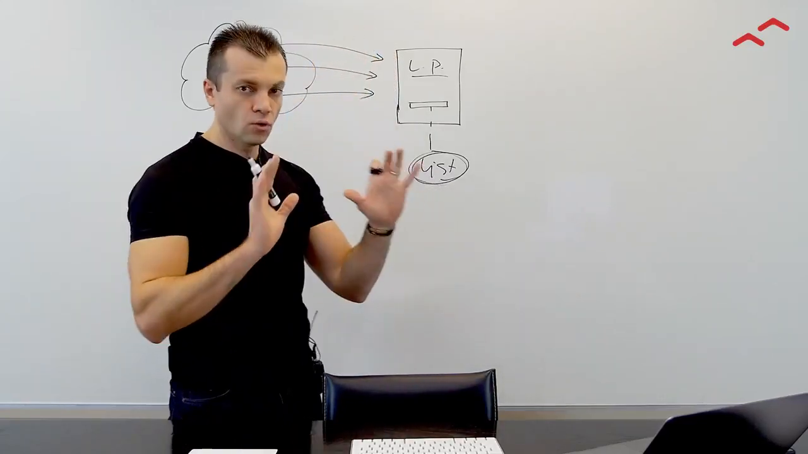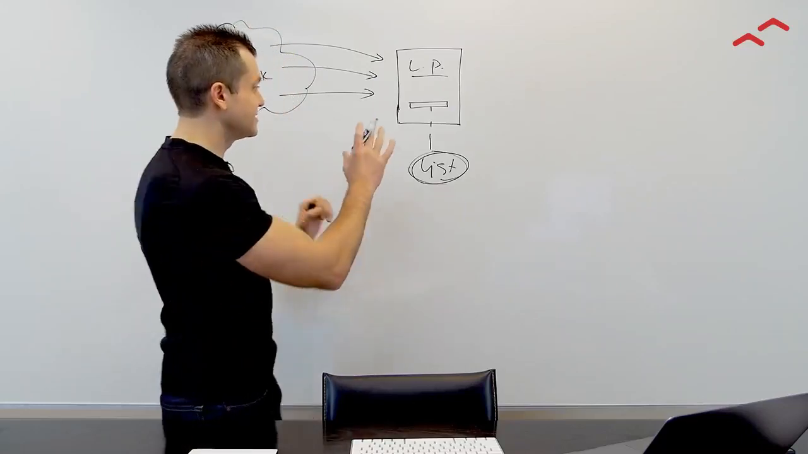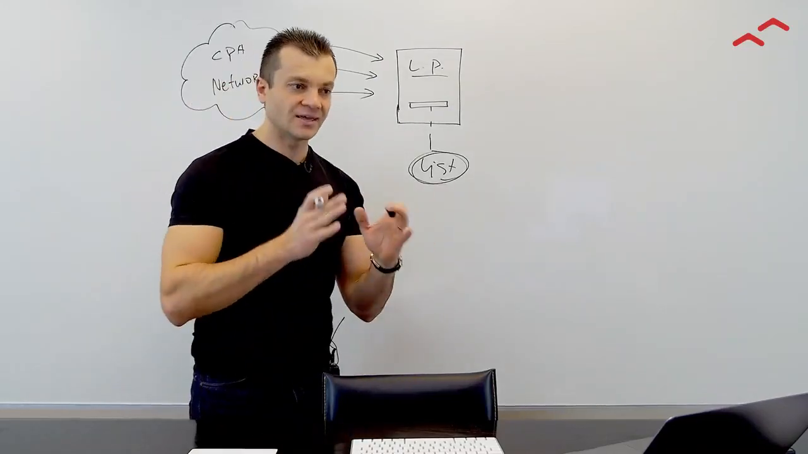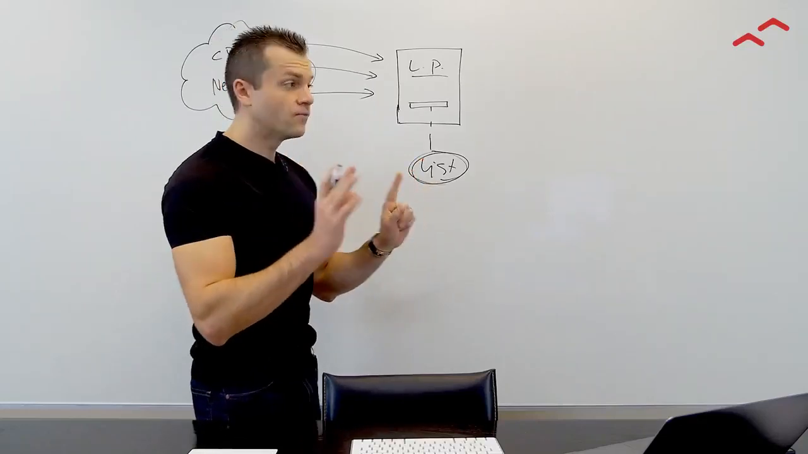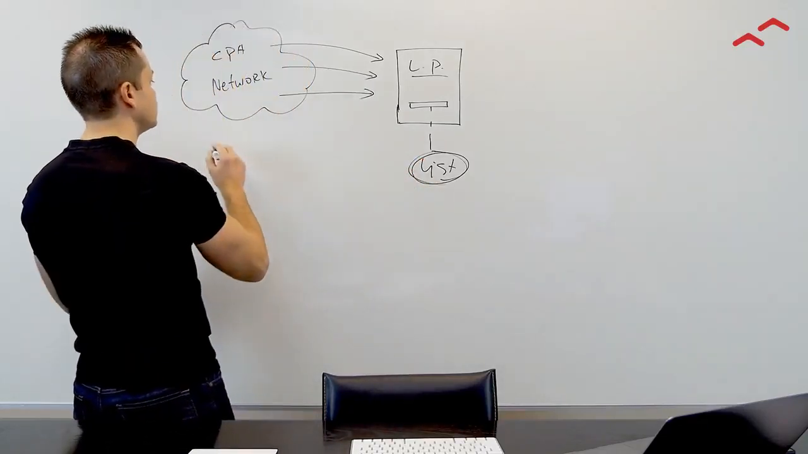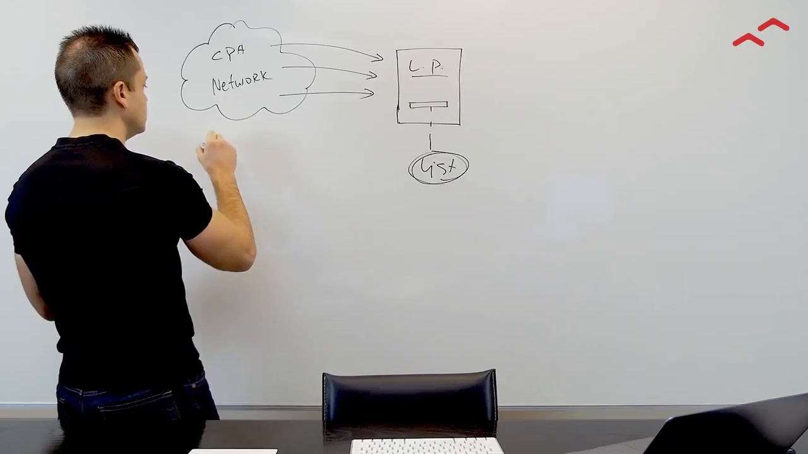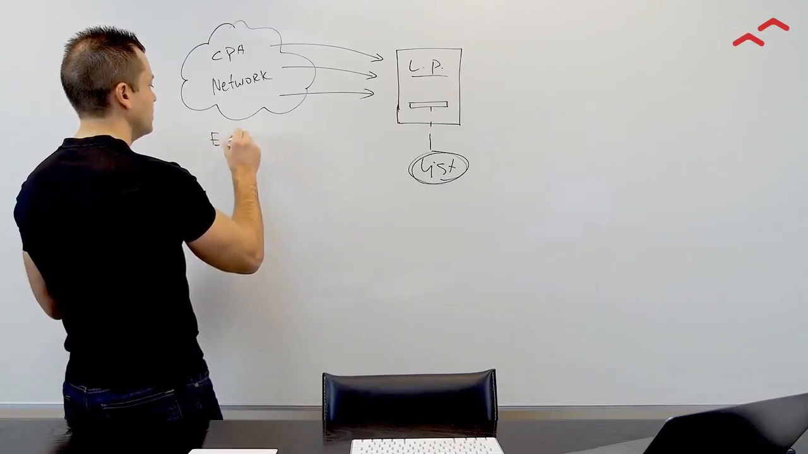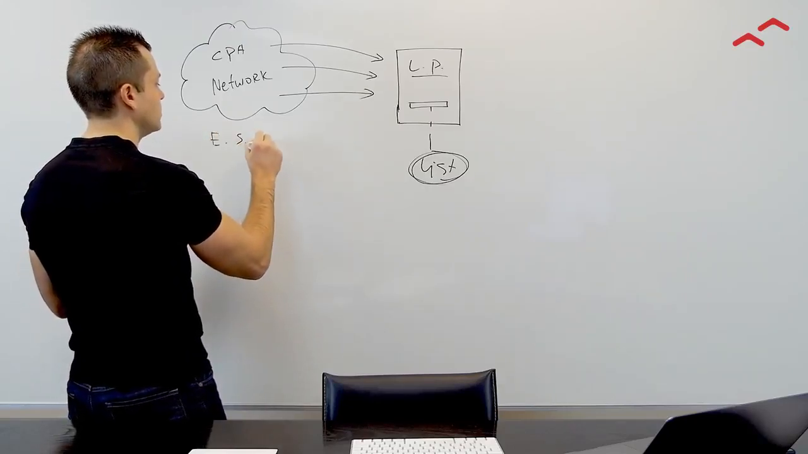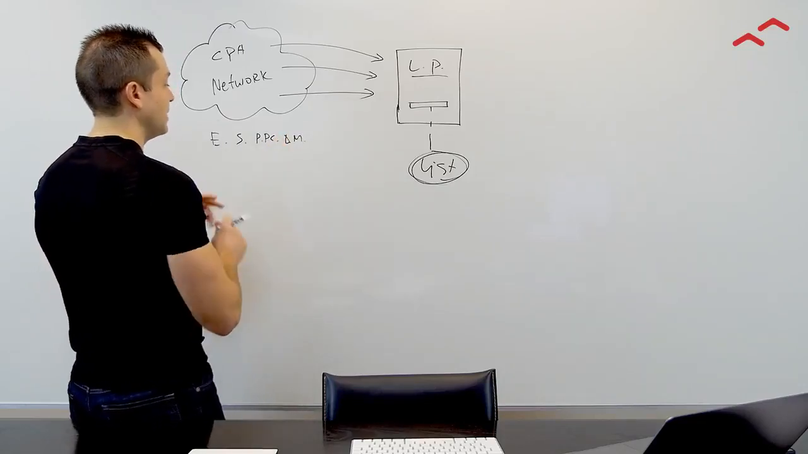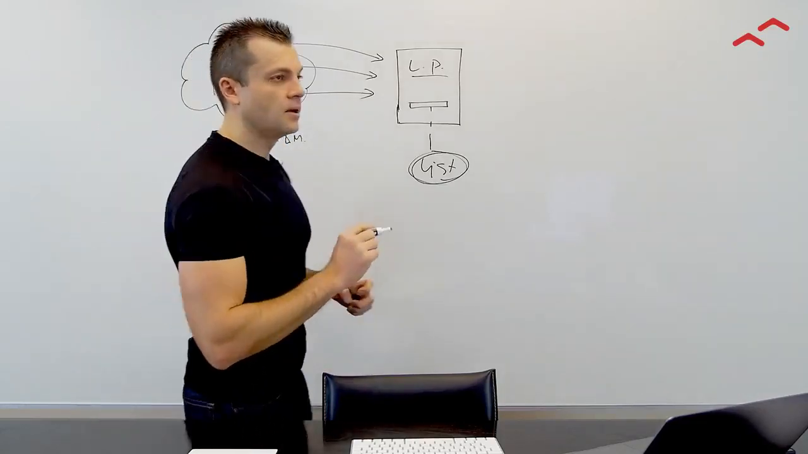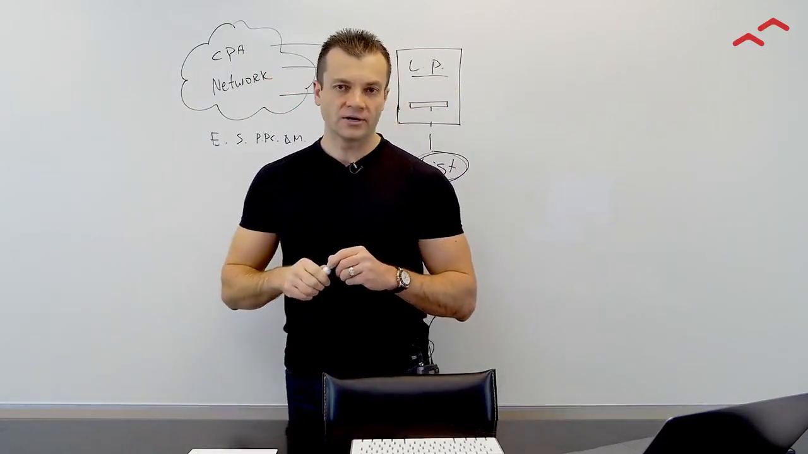Now, the cool thing about CPA networks is I can give them specifics. I can give them parameters, right? I can say I want these subscribers to come from these specific traffic sources. So maybe I want email traffic, maybe search traffic, maybe pay-per-click traffic, maybe display media traffic, and that's it. I don't want any cost per view traffic, or